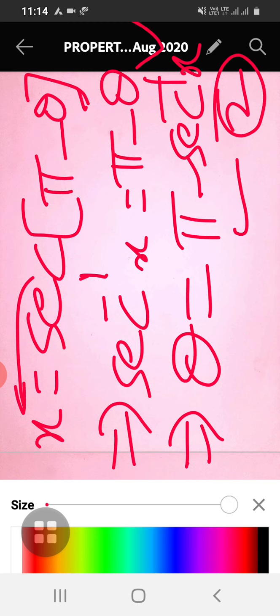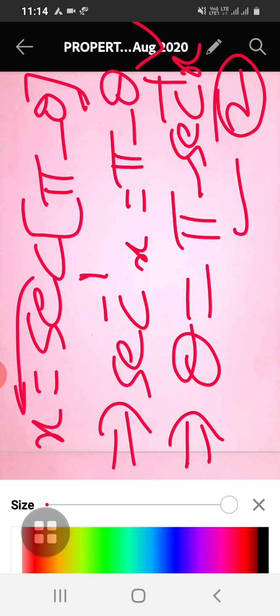See, here this is very important. If you write blindly by seeing the video, you will not understand anything. So I am warning everyone, we have to understand what I am saying. Don't simply copy and write it in the notebook. Otherwise you cannot do any problem on your own. I am telling you, in future you cannot do any problems. Try to understand this: pi minus secant inverse x.